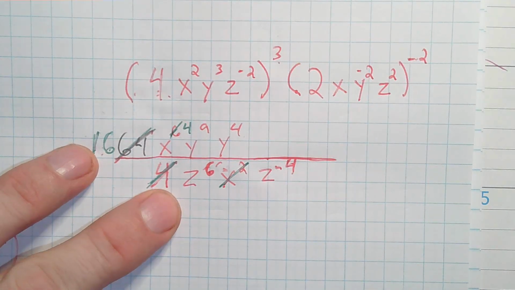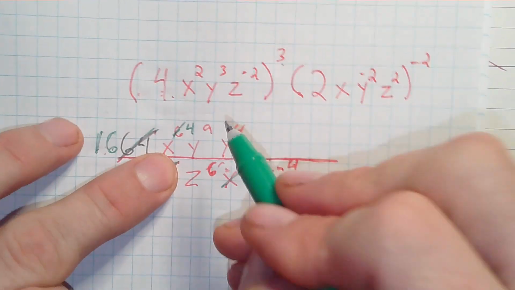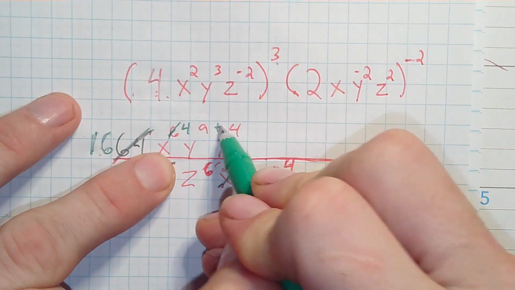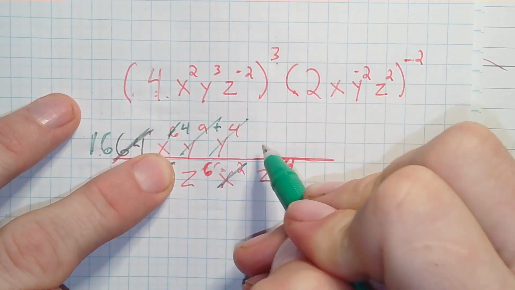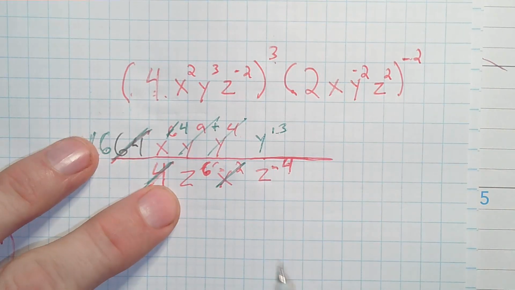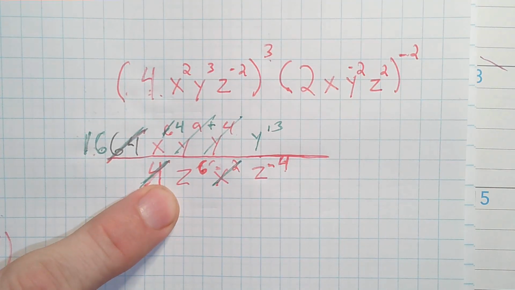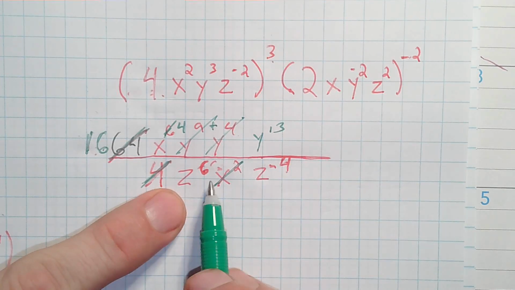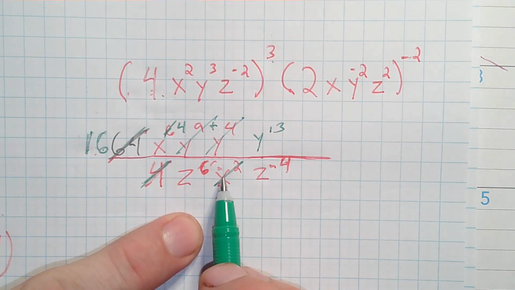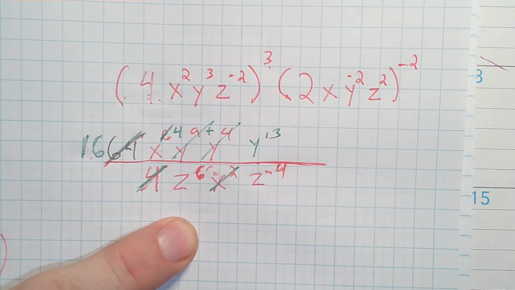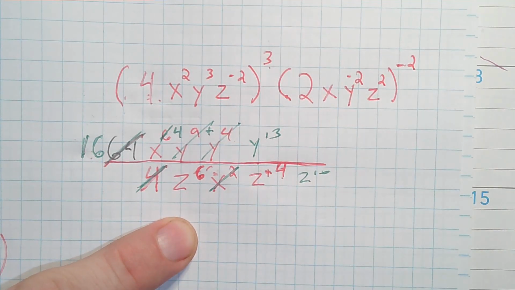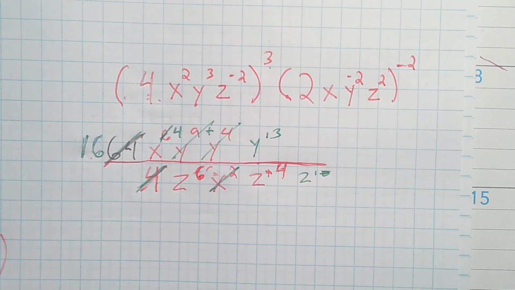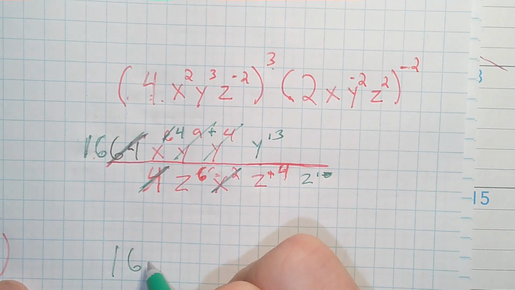All right, now look at my y's. On the top they add, right? So it's going to be y to the 13th, because 9 plus 4 is 13. And then on the bottom, well, I can add these 2, right? This should be a positive 4, because that's z to the -4th. So 6 plus 4 is z to the 10th. All right, so now I can just rewrite this as